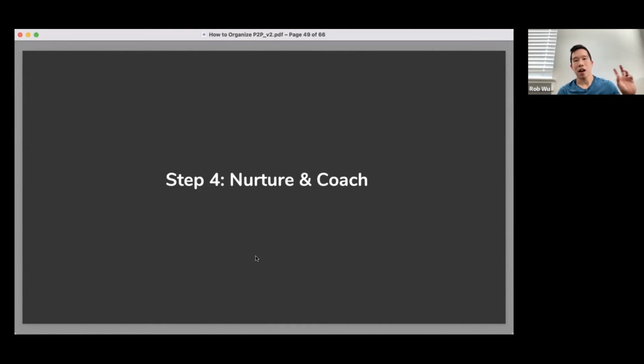All right, so now after you've recruited folks, you pump them to your peer-to-peer campaign site, you say, hey, click on this register button, click on this join a campaign button. They go do that process, and then they've created these pages. The next important step is to really nurture and coach this pool of peer-to-peer fundraisers so that they can be successful going out there and fundraising for you. So let's nurture and coach.